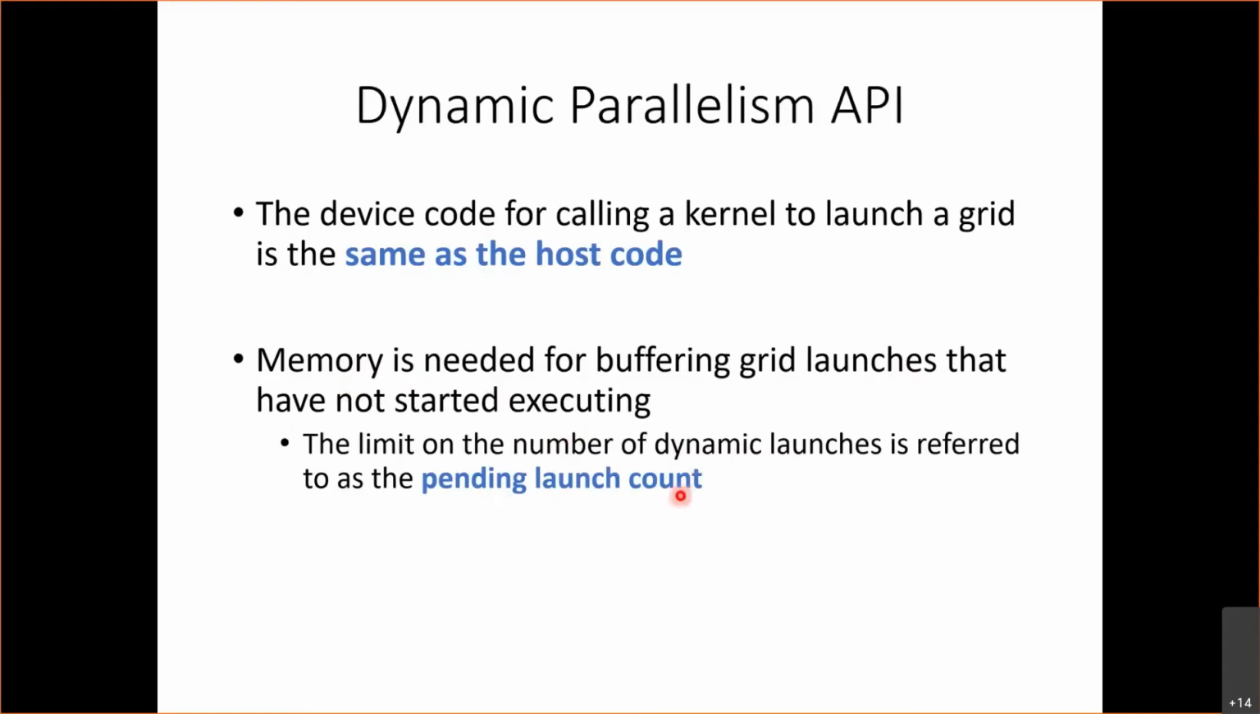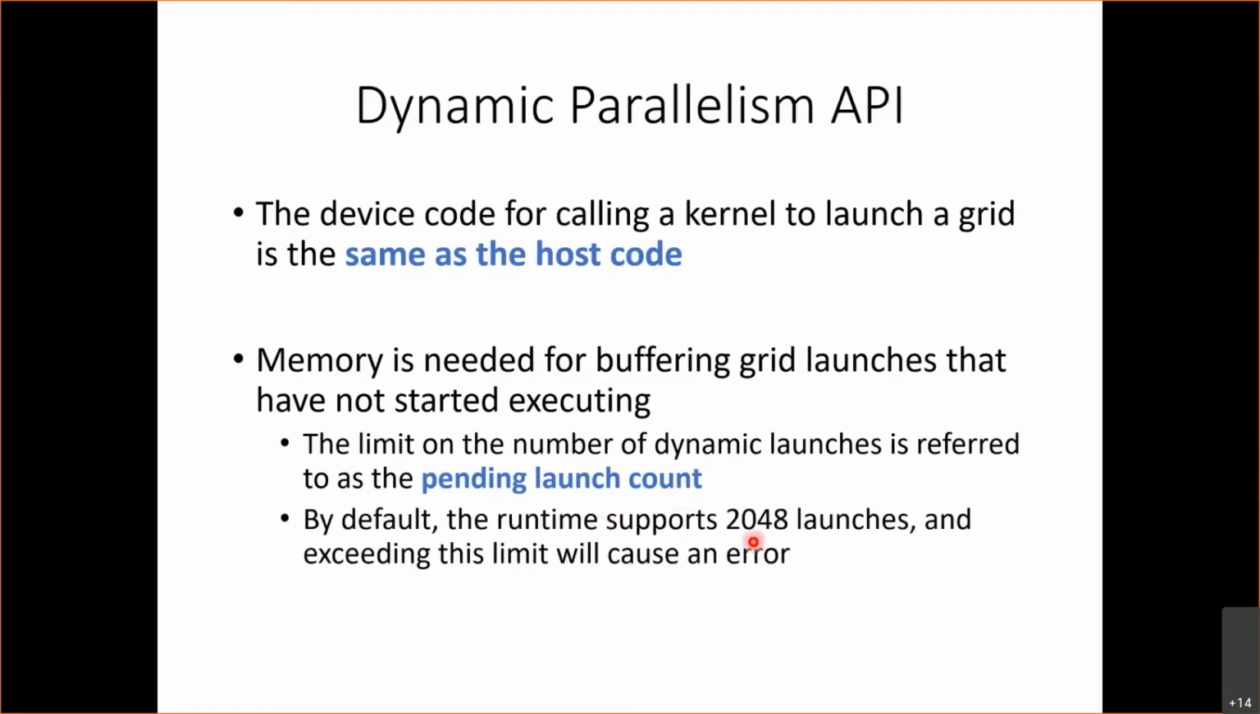By default, the runtime supports 2048 launches. So by default, the runtime lets me launch 2048 grids dynamically from the GPU. If I exceed this limit, I will get an error, or I might just hang. So if we know that we plan to use more than 2,048 launches, then we can tell the runtime to allocate more memory by